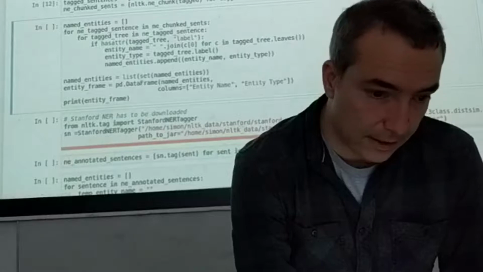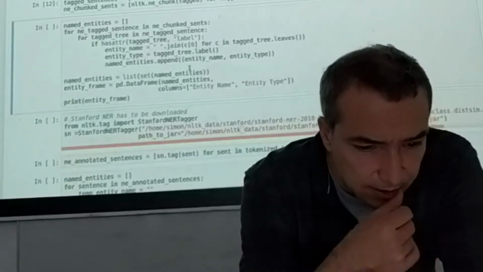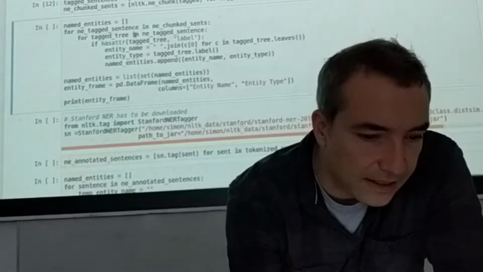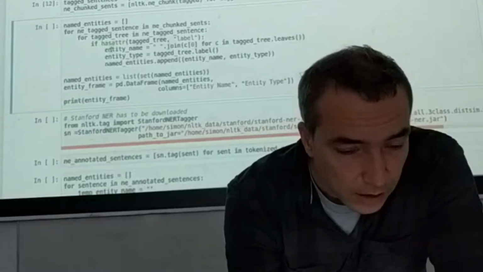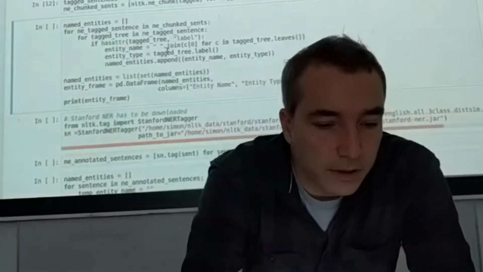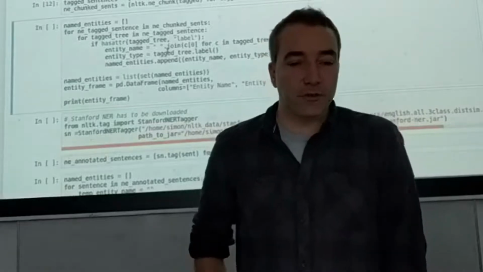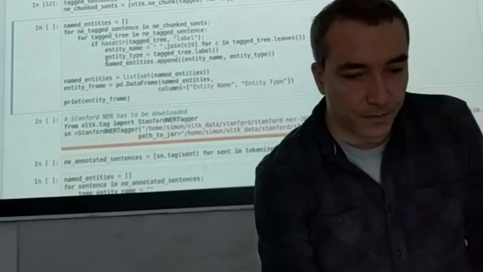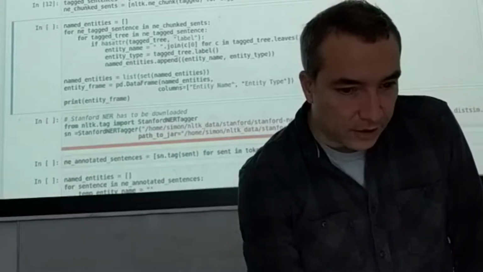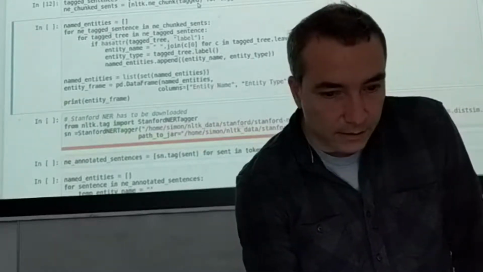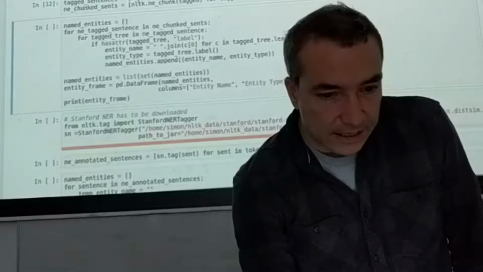We are looking for the chunks, and now we are looking for named entities. And what are we doing here? The point is, for all the text sentences in the chunked sentences, we look if there is a tag, if our already chunked sentences have the attribute tag tree, and then we take the label. We create an entity name, and the function in the end that we use for getting these named entities is